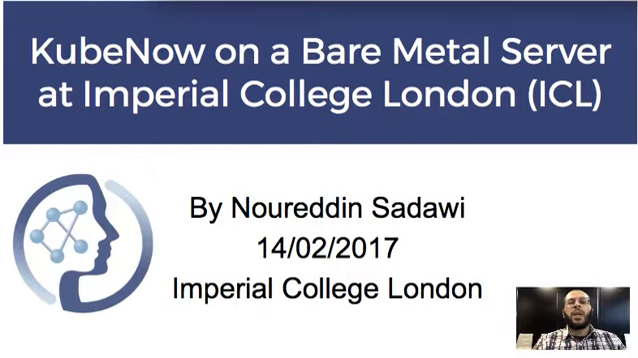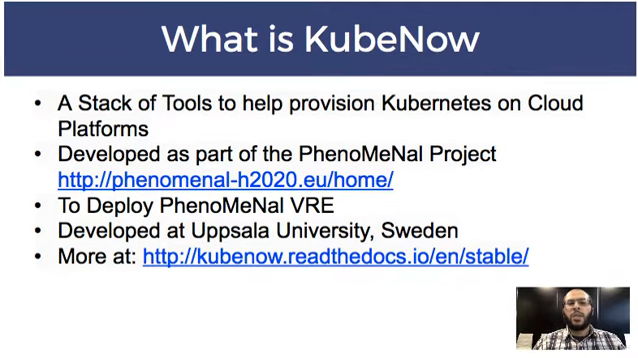Let's begin the tutorial by having a look at what KubeNow is. KubeNow is a stack of tools that's developed to help provision Kubernetes on cloud platforms. It's developed as part of the Phenomenal project. You can visit this website to find more details about what the Phenomenal project is and what it involves. And it's basically developed to deploy the Phenomenal VRE, the virtual research environment, on these cloud platforms. It was developed at Uppsala University in Sweden. And if you'd like to find more information and details about what KubeNow is, then you can visit this website,